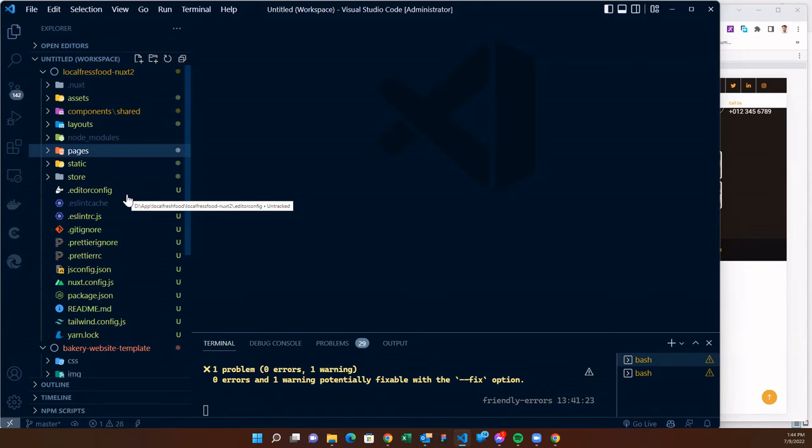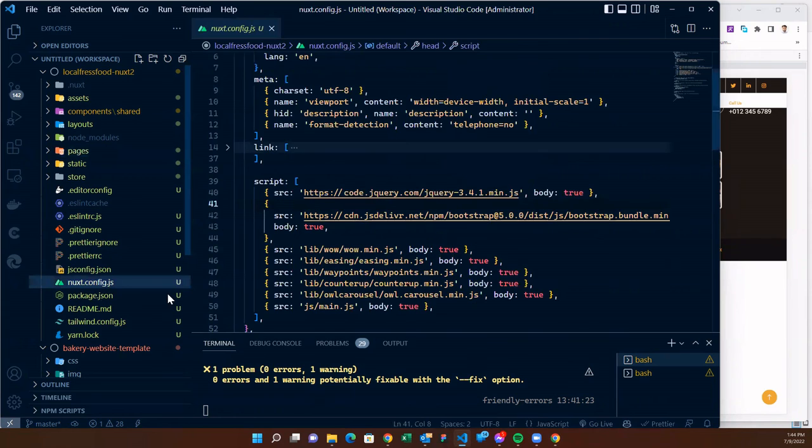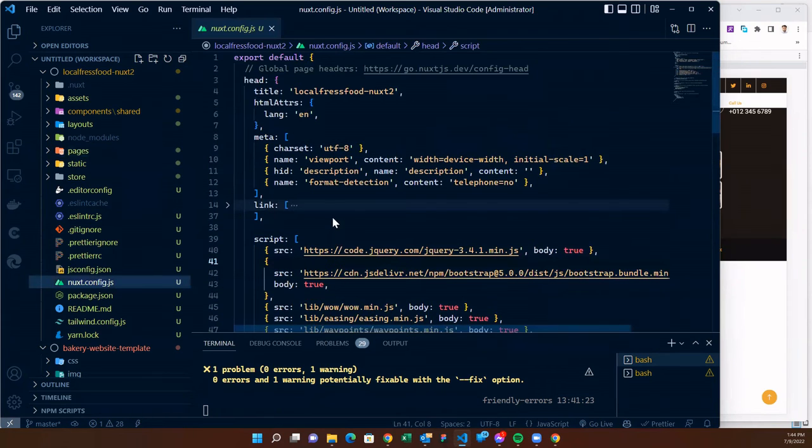Meta tags. Yeah, that's a very good question. In Nuxt 2, we will discuss Nuxt 3 in another lesson next week, because it's actually totally different in those two versions. So in Nuxt 2, if you want a global meta tag, meaning you want the same title and the same meta description on all the pages,